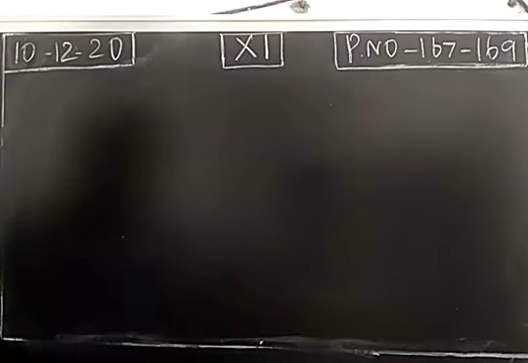Dear students, last class we were discussing electron displacement effects. So in a molecule there will be a displacement of electrons. There are four common electron displacements. Number one, inductive effect. Number two, electromeric effect. Number three, mesomeric effect. Number four, hyperconjugative effect. So inductive effect we have already completed. Next we study electromeric effect.